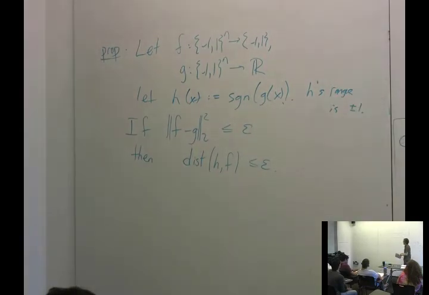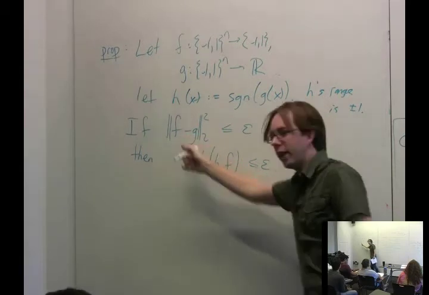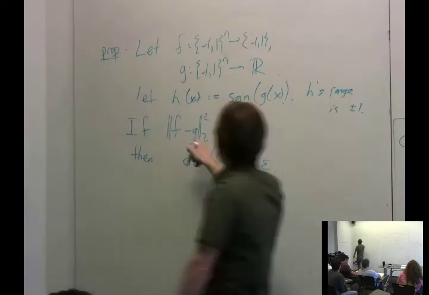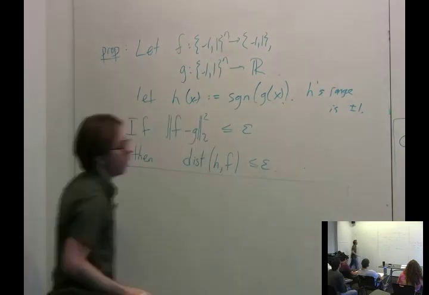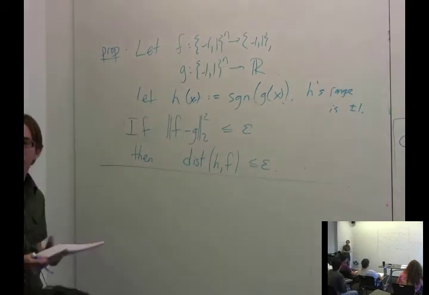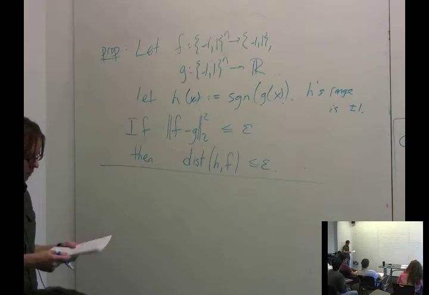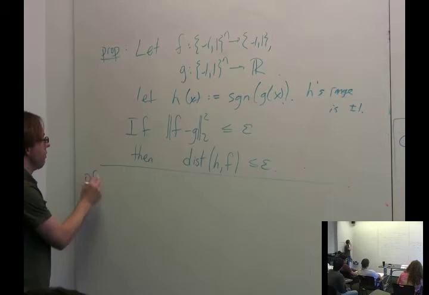OK, so it's just saying that if, as a real number, g's value is quite close to f, which is always plus or minus 1, then if you round that off to plus or minus 1, forming h, you're typically going to get the right value, f of x. So the proof of this is,